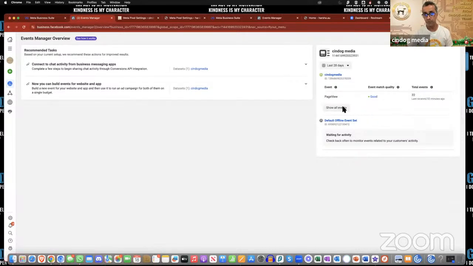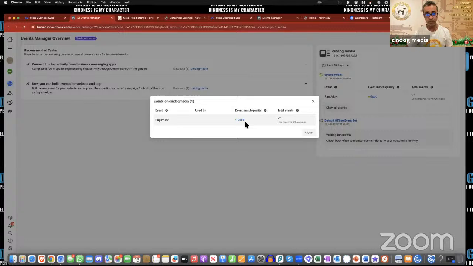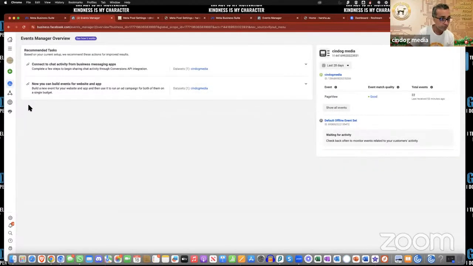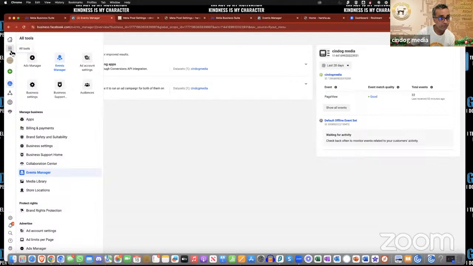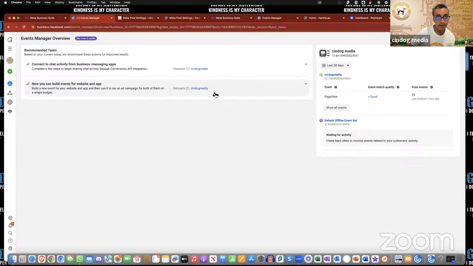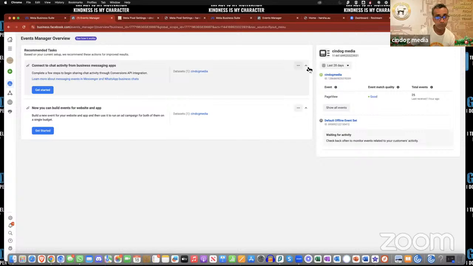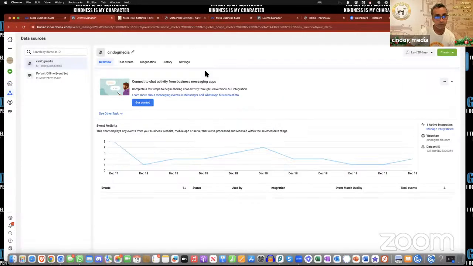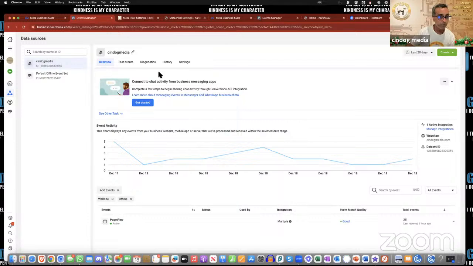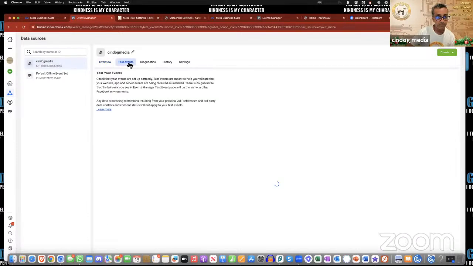definitely that one. Show all events. Page view. Okay, so as you can see, total events is there. What we need to go into is the view. This is where it gets a little bit tricky, where it shows the test events. So that's what I'm trying to show you right now. We can just navigate to it. Click on that one, data sources. Here we go. All right, so if we click test events,